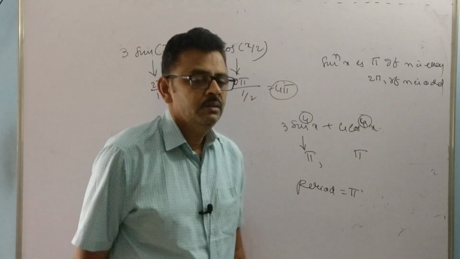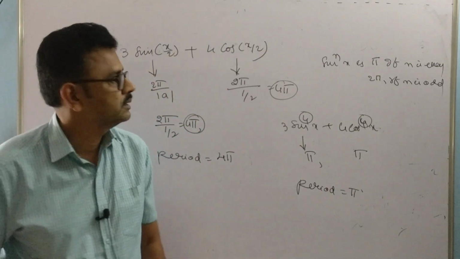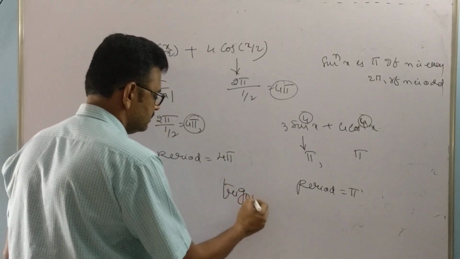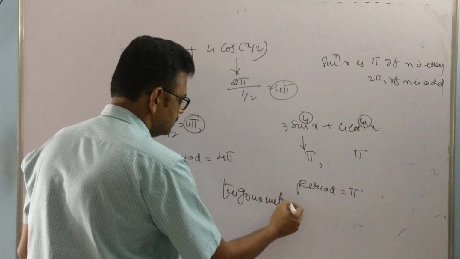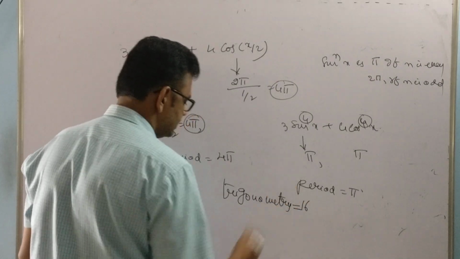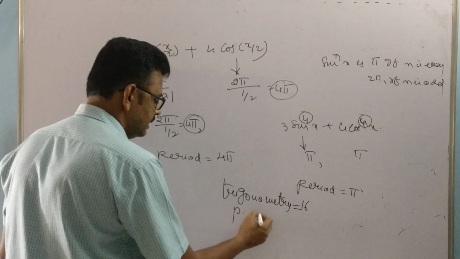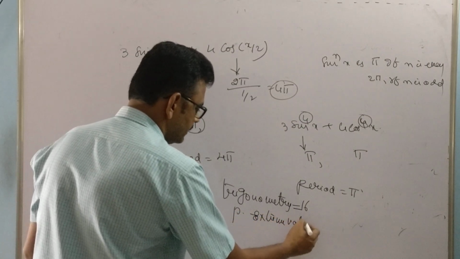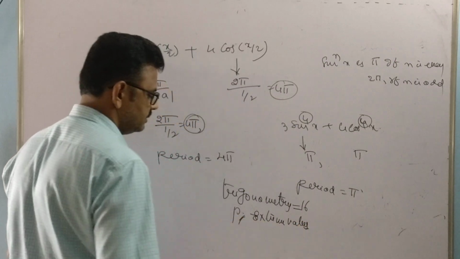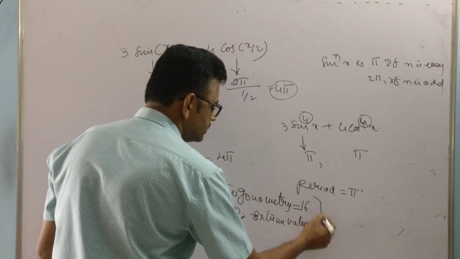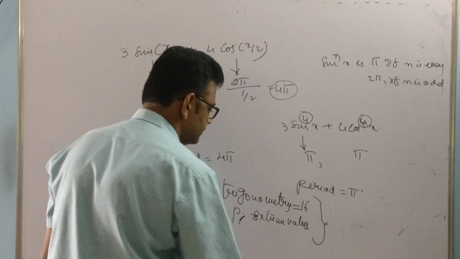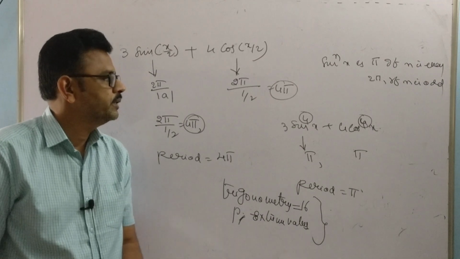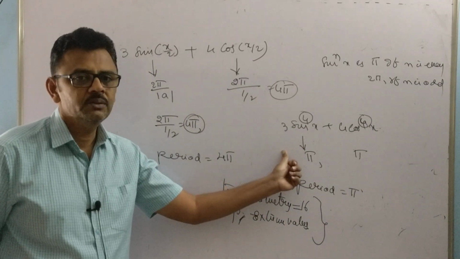Okay, so these are the periodic function properties. Just remember that. Once again I repeat, trigonometry class 16 is periodicity and extreme values. The complete theory is there. Just go through this class 16 trigonometry once, and we have to do the problems in periodic functions as well as extreme values. Okay, thank you.